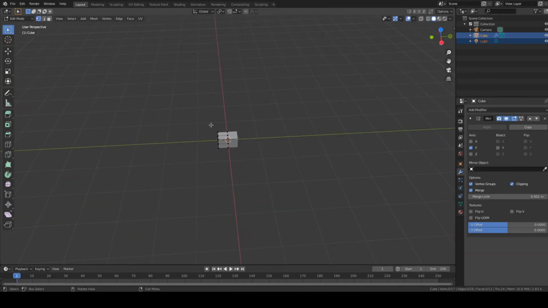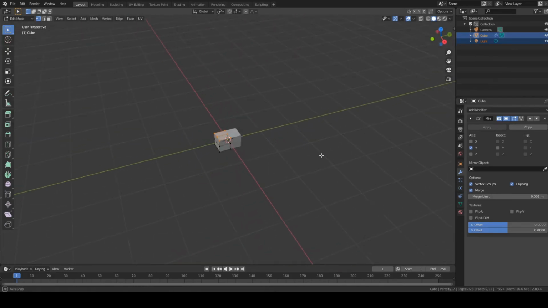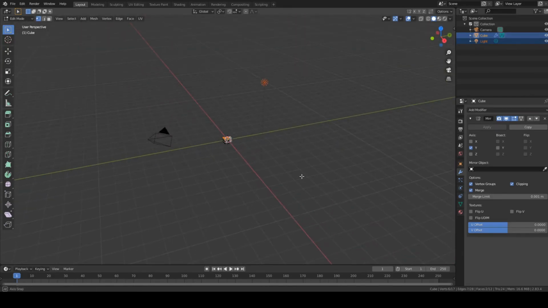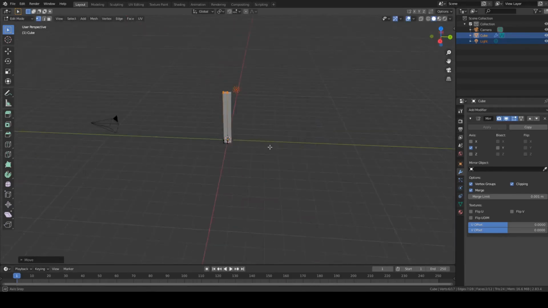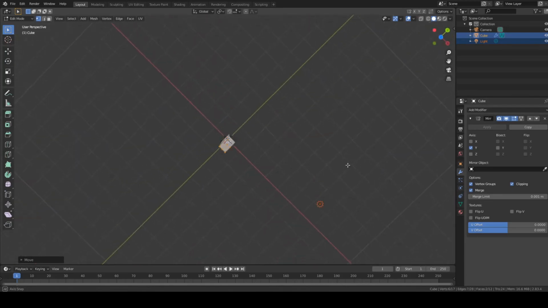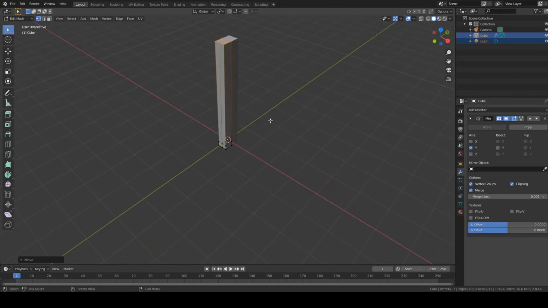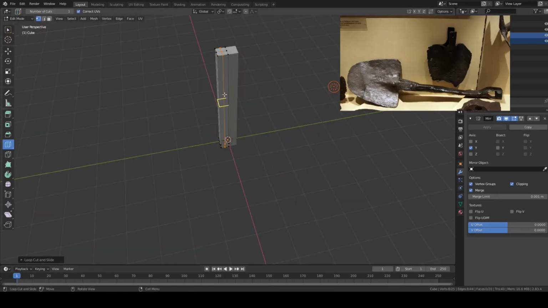Alright, now that I have that, I can grab the top vertices, and we can expand this up, GZ, and then drag the mouse up, and this is going to be the handle. This is going to be a real simple shovel. We're going for kind of an ancient Roman shovel, and they weren't long. They were kind of short, and they had this little, I'll throw an image up. So I put an edge loop down the middle because I want to